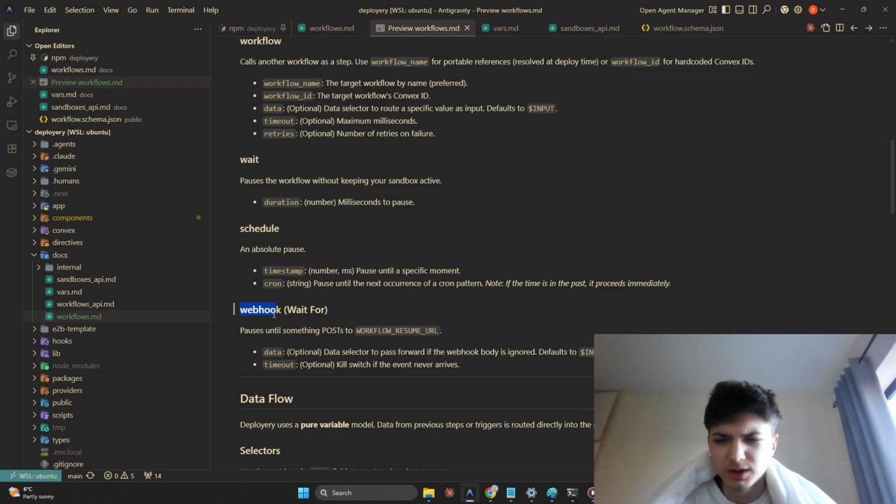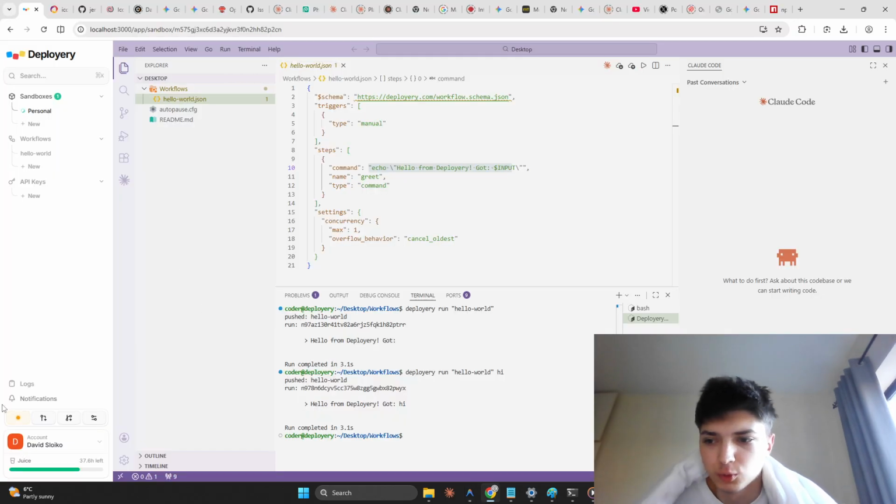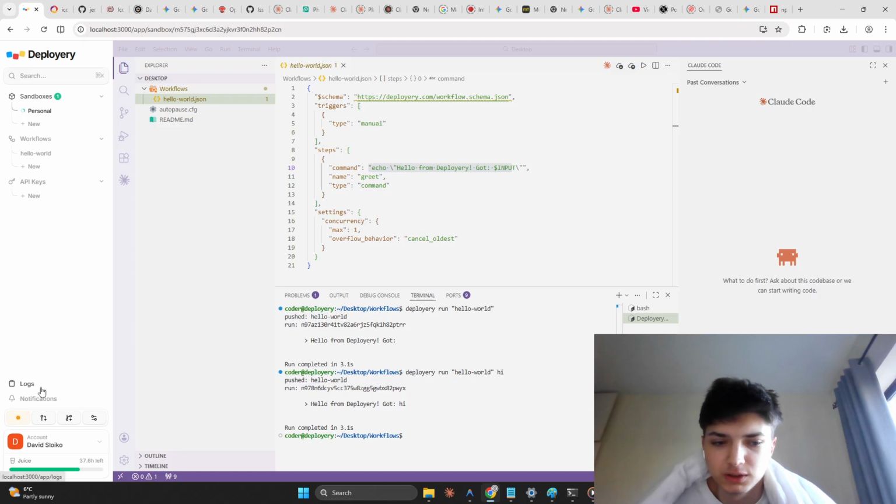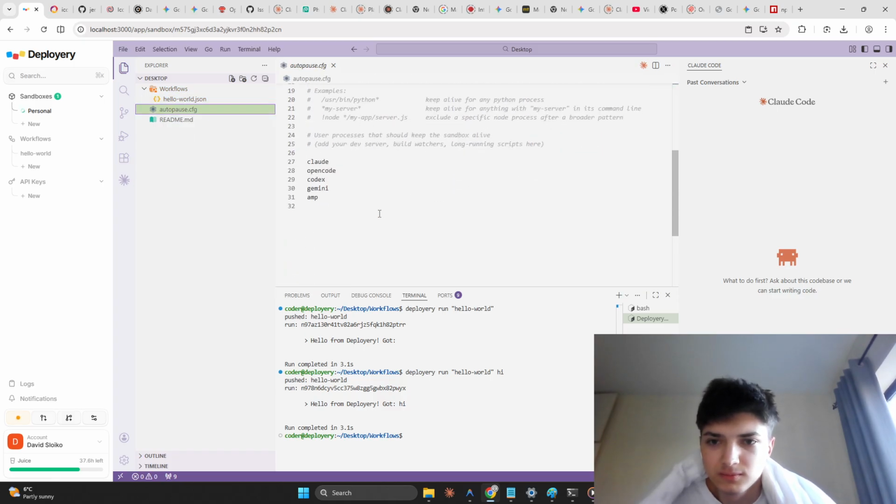And you have to waste money and time for that, and nobody wants that, and it just doesn't feel clean, if anything else. And so with this, you can literally just have it auto pause. It's currently not auto paused because Claude is running, but it's just going to auto pause if I don't have anything running defined in this list, by the way. You can see Claude and all this other pre-installed stuff is defined here, but if nothing out of this list, I can just delete it. If nothing out of this list is running, then it's just going to auto pause in a few minutes.